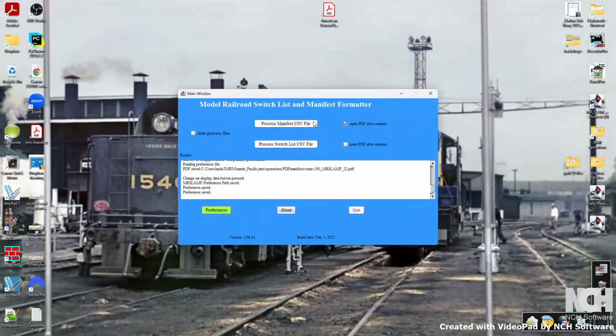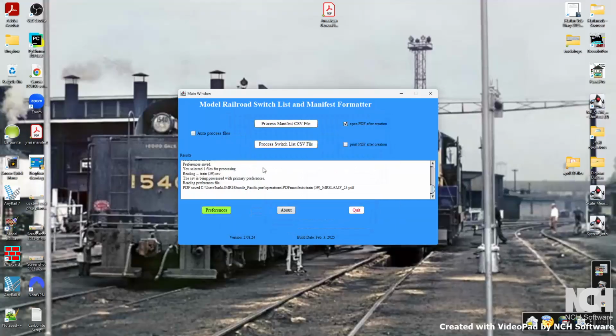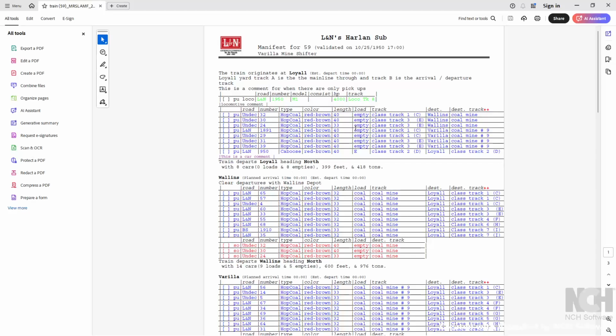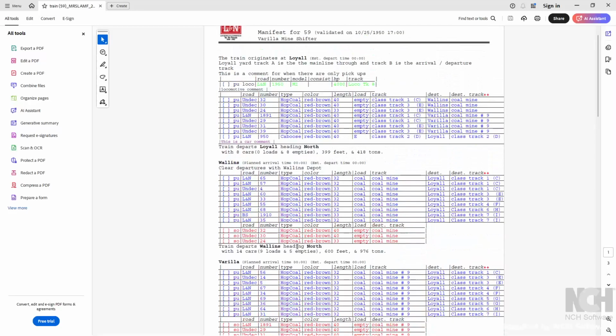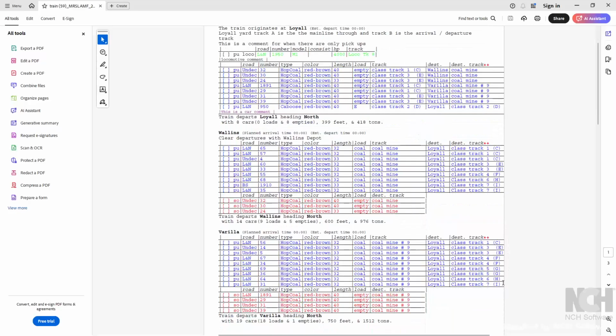What the program will do is read the CSV file from JMRI and look at those fields and determine how wide each field needs to be to fit the text. So you can see here that no data is lost. These columns are wide enough to display all of the available data. Except over in the right, we see that it looks like we didn't lose any data,